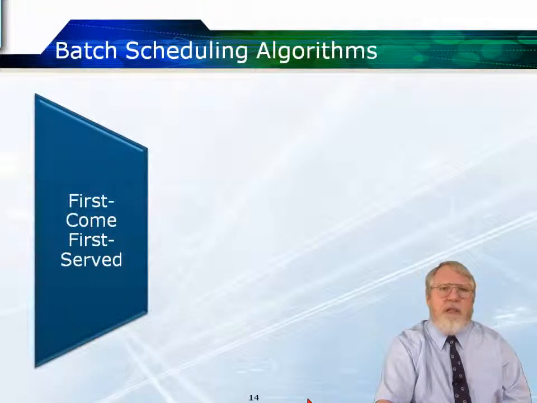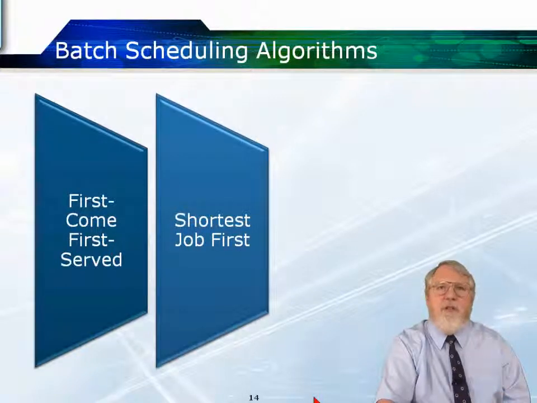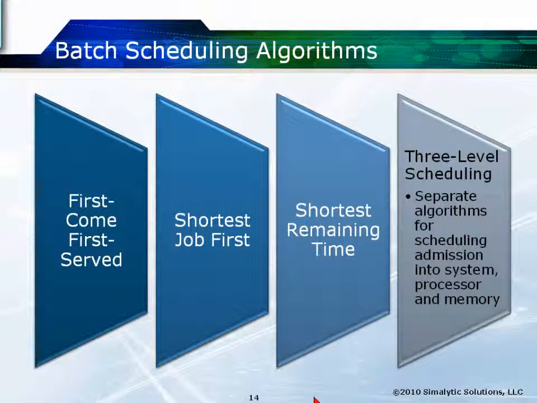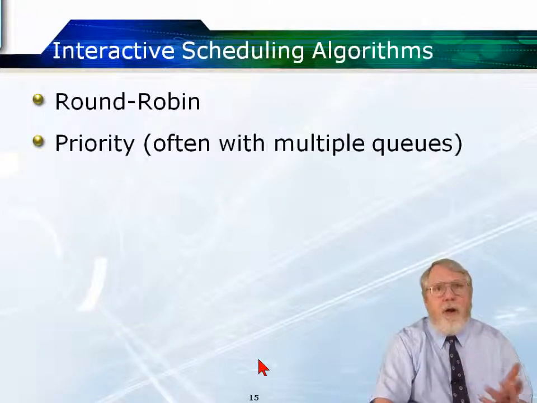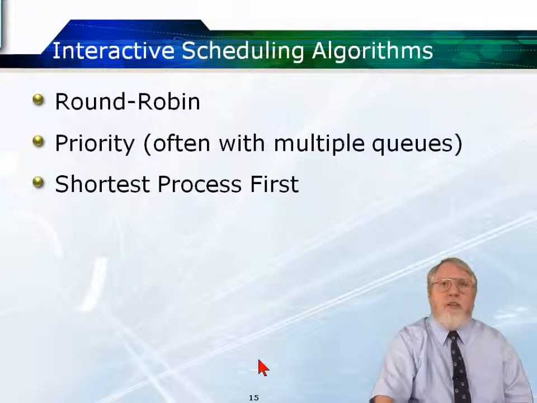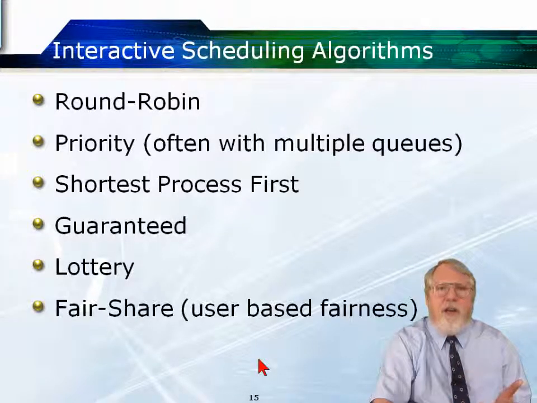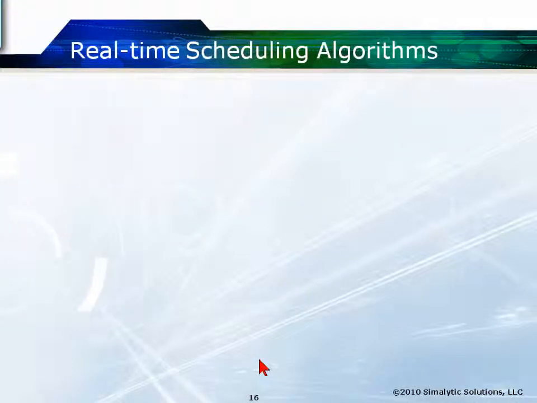So let's look at batch scheduling algorithms. I have a number of them. There's first come, first served, shortest job first, shortest remaining time, or a three-level scheduler. So we have separate algorithms for different parts of the system and the different ways the system works. We also have round robin. We have priority. We have shortest process first. We have guaranteed. We have lottery. We have fair share, which is based again on this notion of fairness. So you can see there are many different types of scheduling algorithms depending on what that underlying philosophy is behind